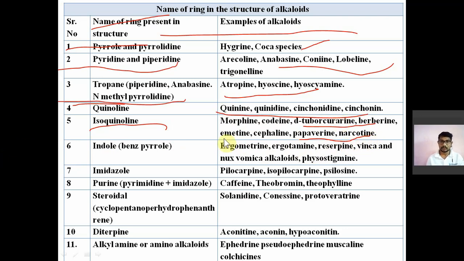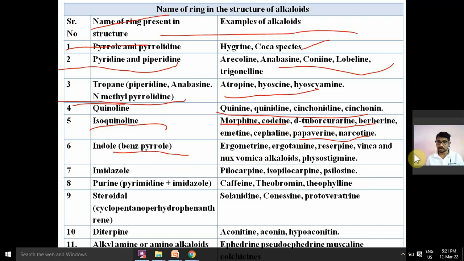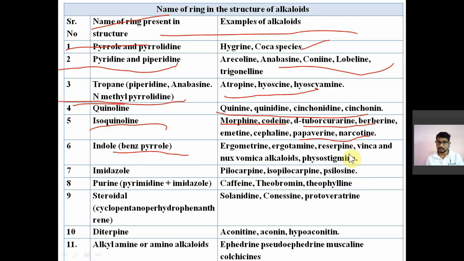In morphine and codeine you have phenanthrene ring. Remember, यहाँ पे तो मैंने लिखा नहीं है, बोल रहा हूँ, morphine और codeine जो है that is a phenanthrene ring, उसका जो ring structure है उसको बोलते हैं phenanthrene, और papaverine का जो है उसको बोलते हैं isoquinoline. Indole type of alkaloid, that is a benzpyrrole type of ring system, is present in the ergometrine, ergot alkaloids and vinca alkaloids, जितने भी vinca के alkaloids हैं. Ergot alkaloids and vinca,